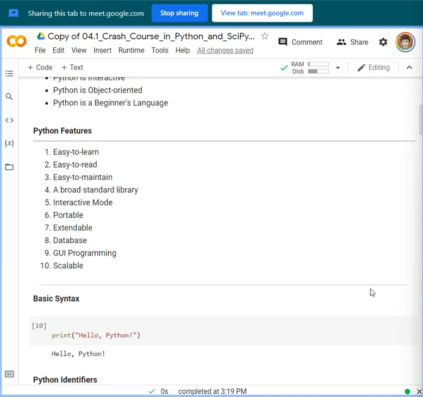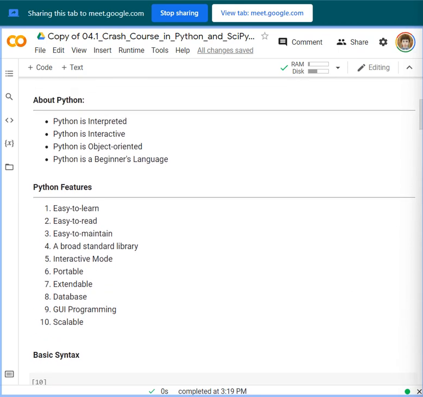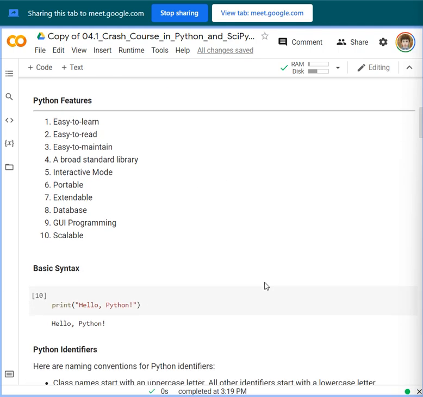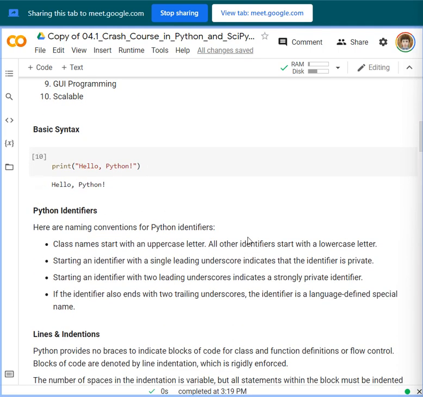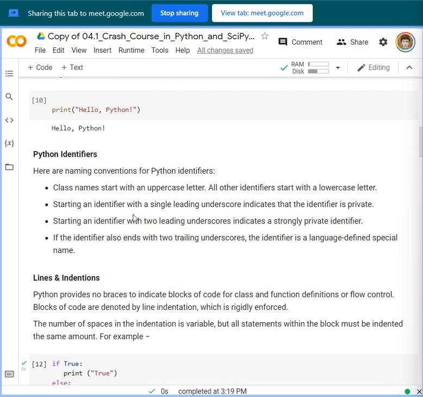Another feature is GUI. Again, it supports GUI applications that can be created and ported to many system calls. And lastly, it is scalable.